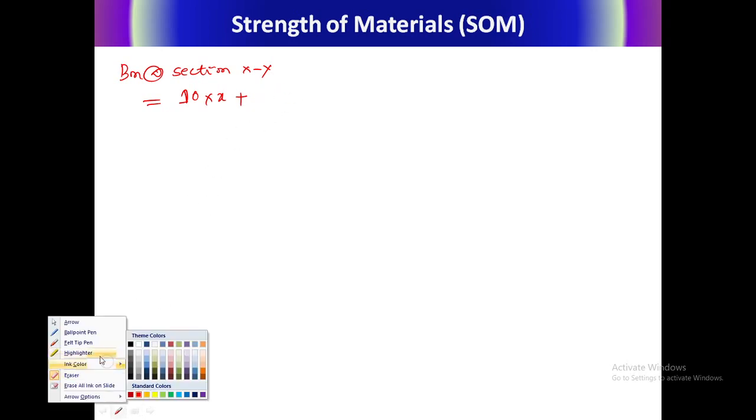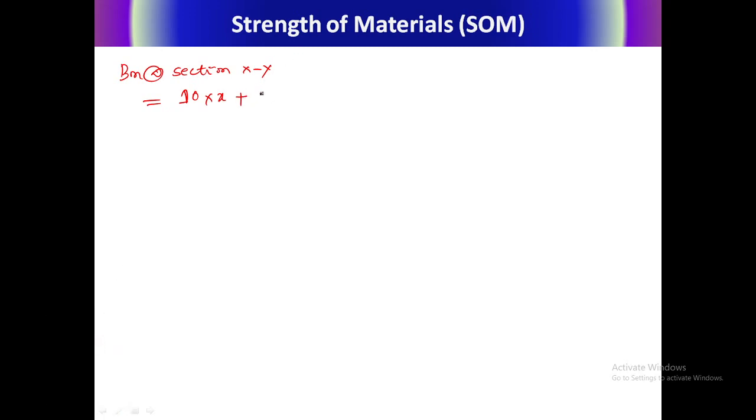Bending moment at section XX is equal to what? 10 into x, plus 30, sorry, it has to be not in the bracket. Now 30 is the load. Now the distance is how much? x minus 3 meter, right? Plus